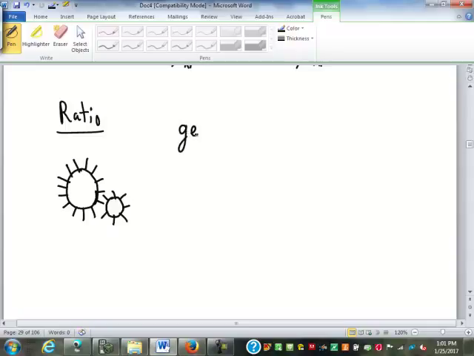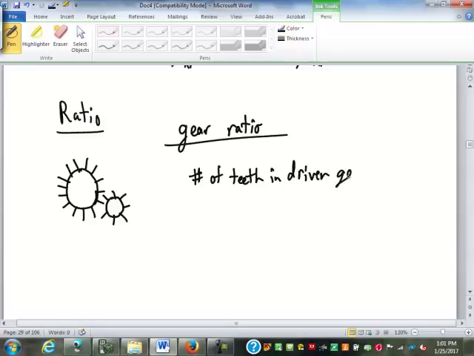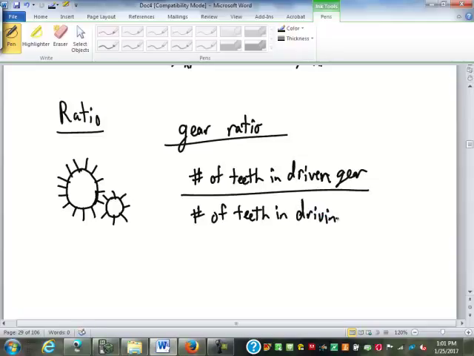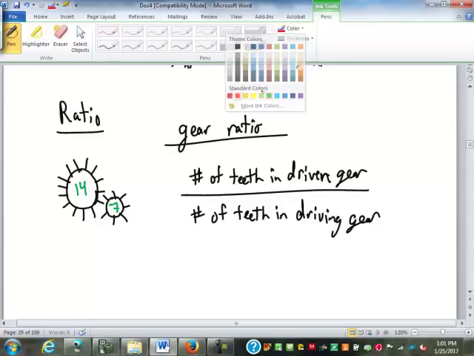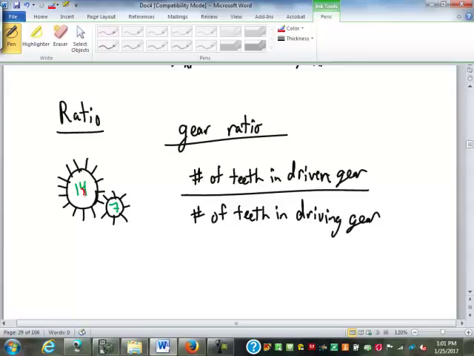A gear ratio is the number of teeth in the driven gear over the number of teeth in the driving gear. So this gear has 14 teeth and this one has 7. How do I know which one is which? Well, we need some more information. Let's say that I draw,